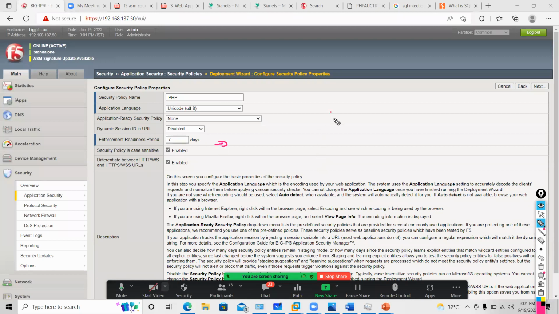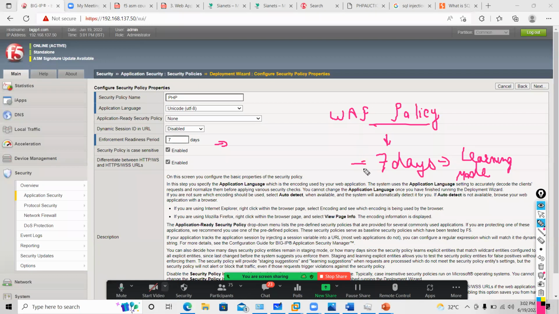So guys, whenever you deploy WAF policies, for the first 7 days it will be in learning mode. What it means is that in these 7 days you can do fine tuning. Fine tuning means whatever traffic is good, you allow, and whatever traffic is bad, you block.